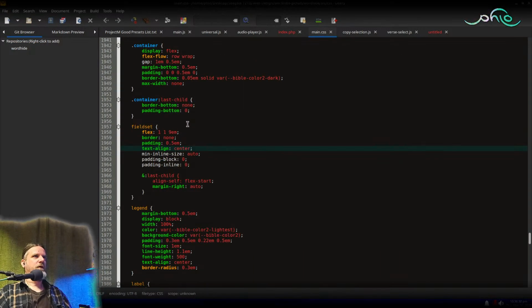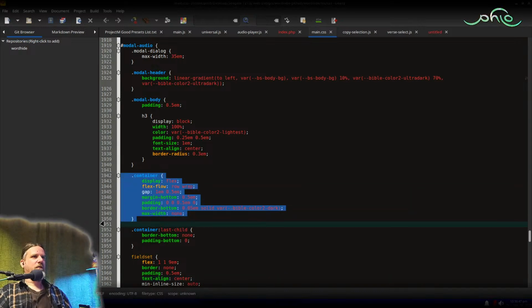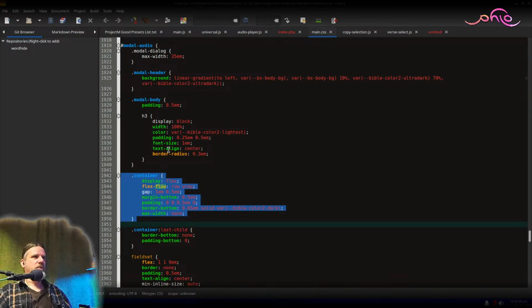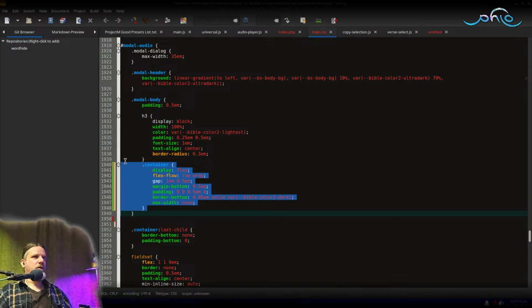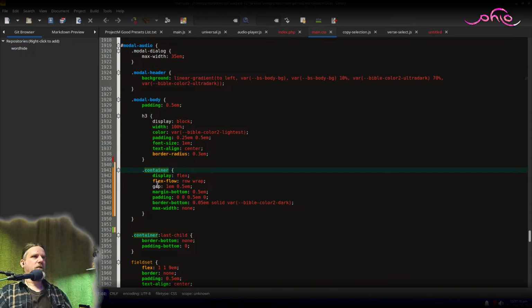For example, you don't want to override every single instance of container, but here what I'm doing is I have container with all my stuff, but it's inside this modal audio, so it only overrides containers that are inside the modal audio. And I could take that a step further if I wanted to, and this might actually be a wise thing now that I'm thinking about it. Only override a container if it's inside the modal body. That way, if there's container somewhere else, it's not going to mess with that kind of a thing.